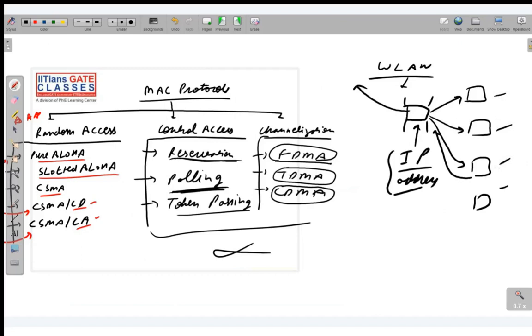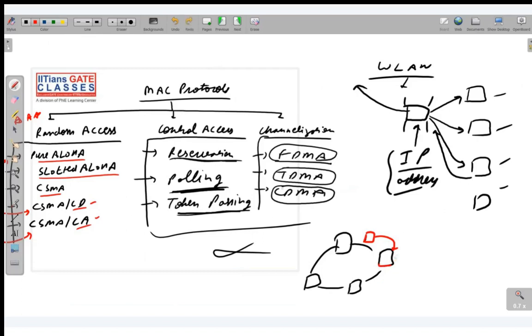Yes, token passing, that is very easy. I think you already know: whichever station has the token, only that station can send the data. For example, we have a ring topology. Token is a special frame which keeps on rotating in the network. Now this token comes to this station. If this station wants to send data, it will absorb this token and send the data. If it does not want to send data, it will release the token,